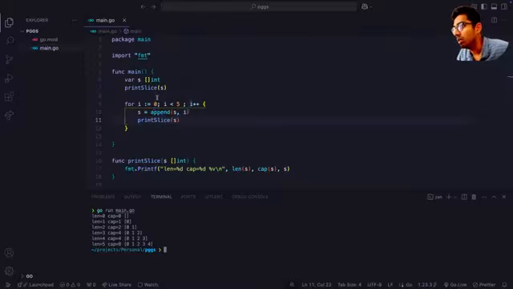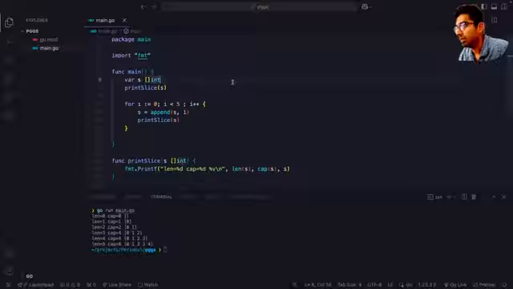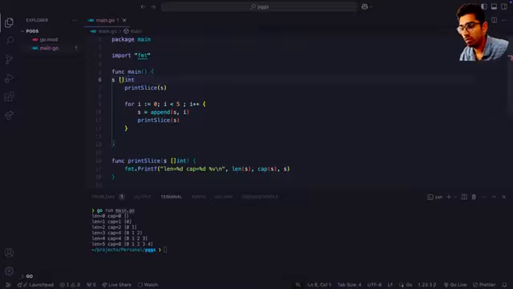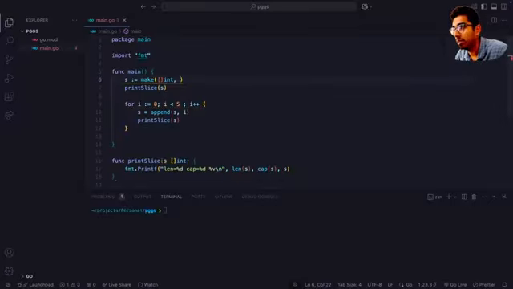Now, if you know the maximum length that this slice can have, one optimization you can do to prevent append from doing all this extra work is this. Instead of initializing s like this, you can remove this and use the short declaration form, and here you can use make. And you already know, if you use make, we can define a length and an optional capacity. Let's say we want length as 0